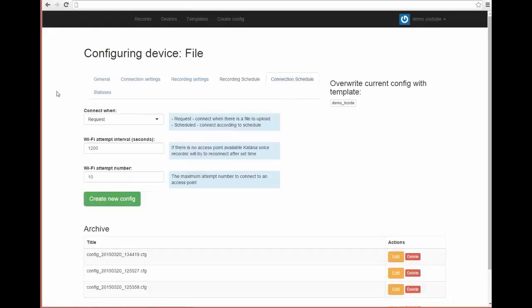Okay, and the last but not least one is the connection schedule. We have two options, request and schedule. Request basically connects whenever there is a file to upload. So keep in mind, if the maximum file duration is really small, let's say 1 minute or 2 minutes, it might be a bit dangerous, because the voice recorder would just upload the file after 1 minute, so you probably won't be able to get the whole recording. So keep this in mind. Using request is very